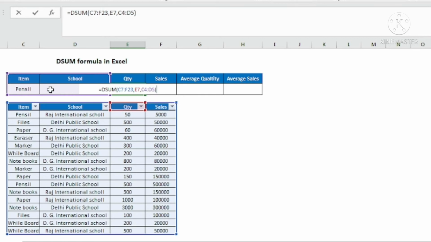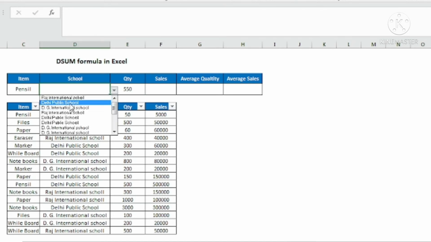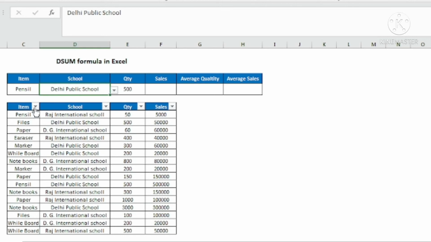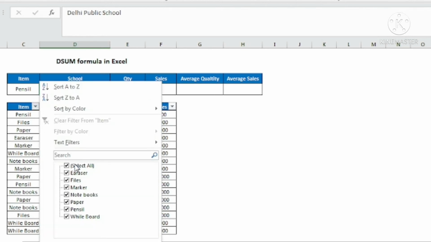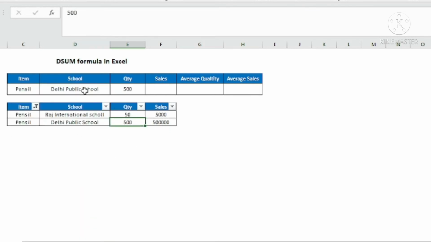So I have selected both the criteria, two criteria I have given to the DSUM formula, and then I will press enter. Now you can see here the total quantity sold of pencil is 550. But if I want to see only a particular school, Delhi Public School, it is 500 only. As we have just seen, I will show you again. Pencils for Delhi Public School, it is 500 only.